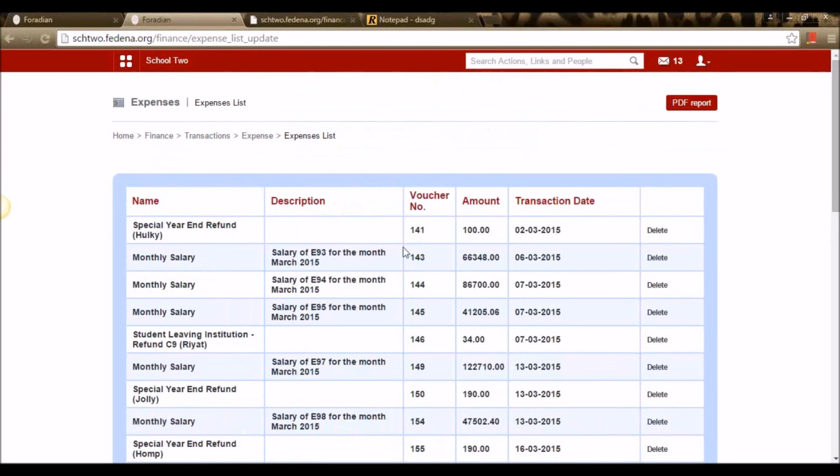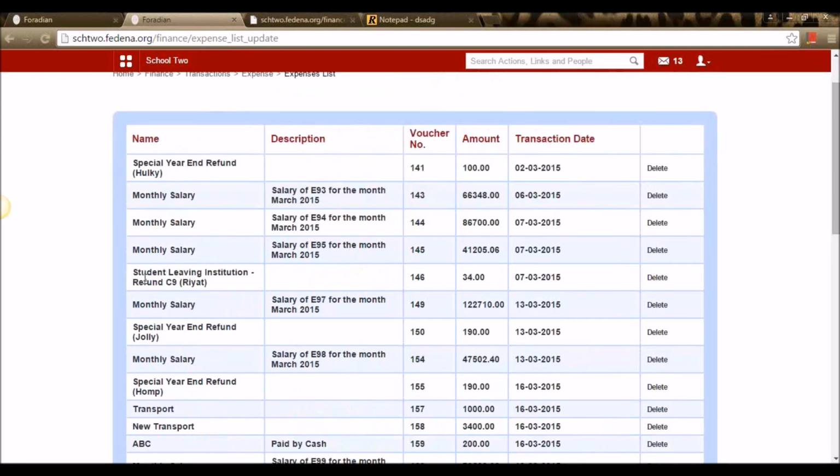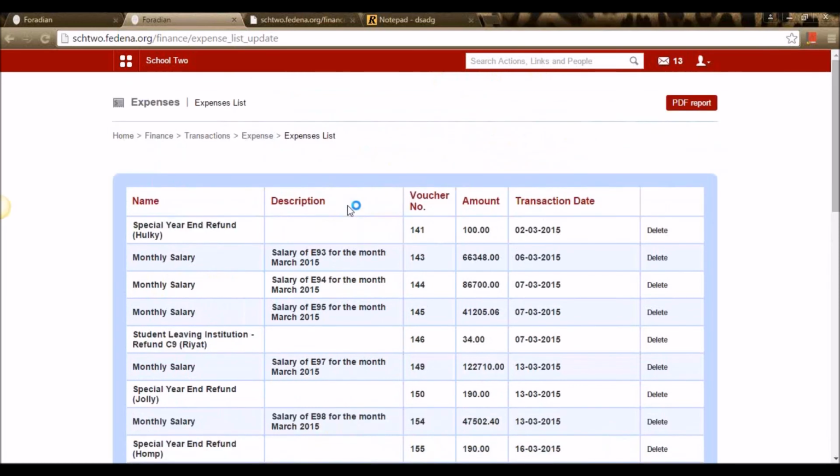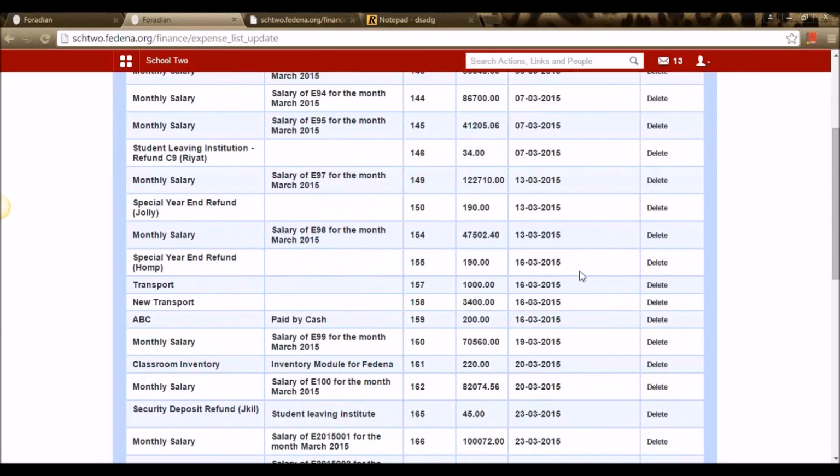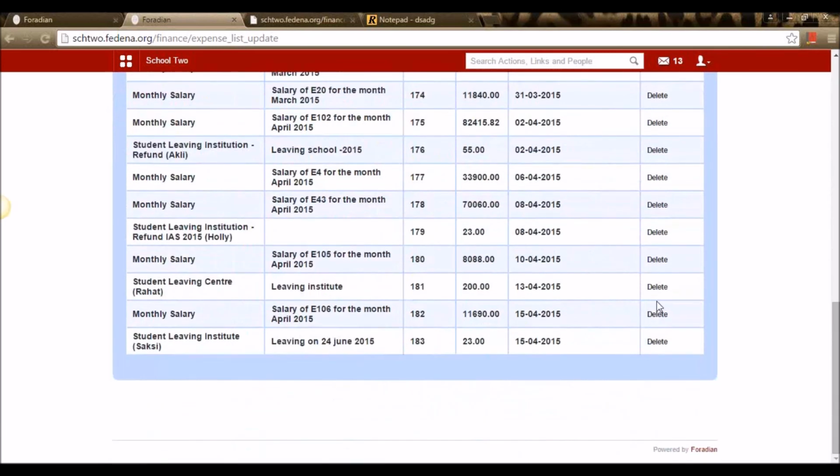Monthly salary, special student leaving institution refund, monthly salaries, transport, these are the kinds of expenses, and the description with the amount and the date that the institution has made is displayed here.